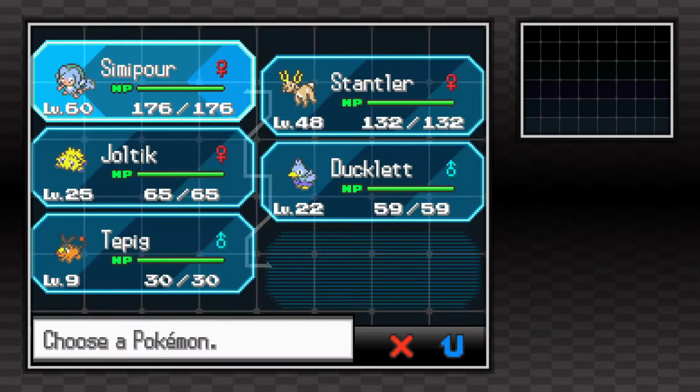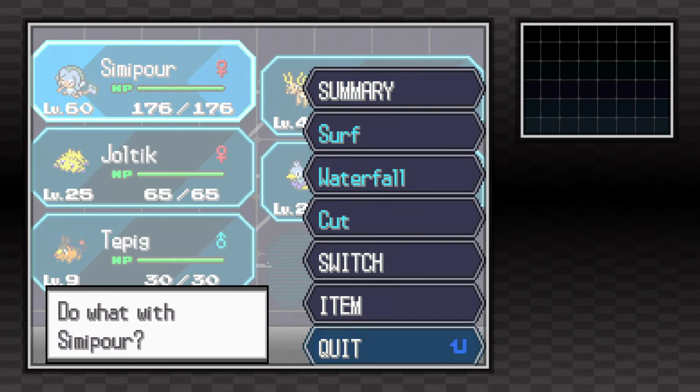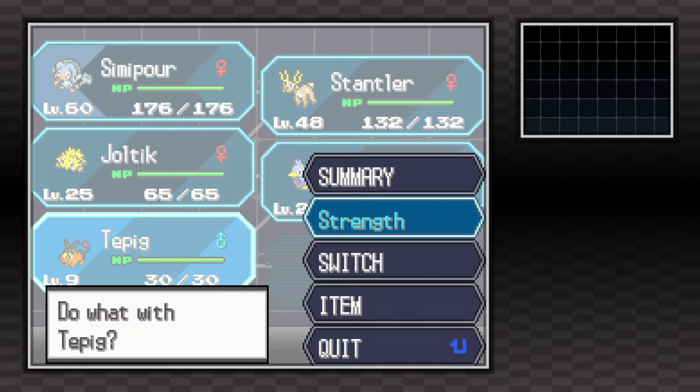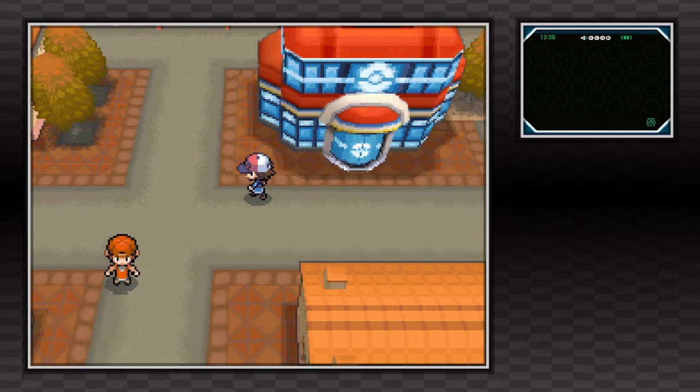The first thing you're going to need is a Pokemon that can use Surf outside of battle, like my Simipour here. You don't need this, but I recommend it: you can bring a Pokemon that knows the move Flash. And lastly, you will need a Pokemon that can use the move Strength outside of battle. With those three things, from the Pokemon Center in Driftveil City, you can make your way to the left into